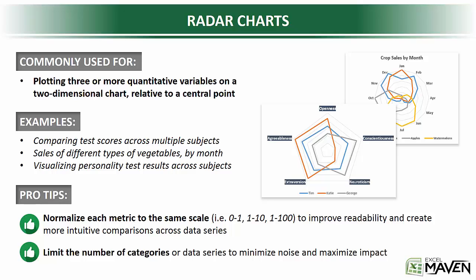So one of the lesser known but really cool charts in Excel is the radar chart. A radar chart is used to plot three or more quantitative variables on a two-dimensional chart relative to a central point. So it's almost like a line chart that wraps around in a circle and connects to itself. Another way to think about it might be like a bicycle wheel with a number of spokes associated with different